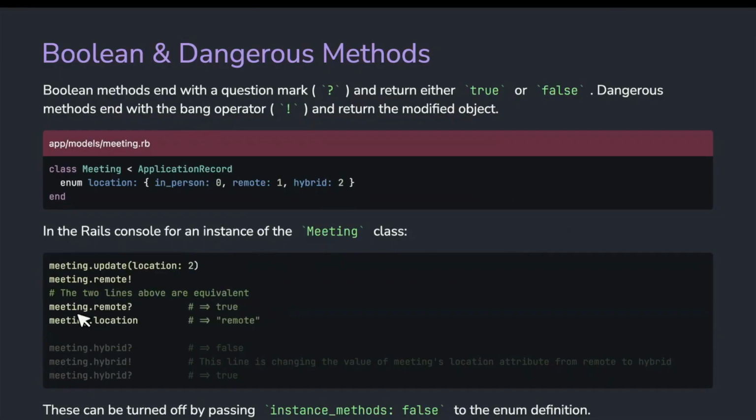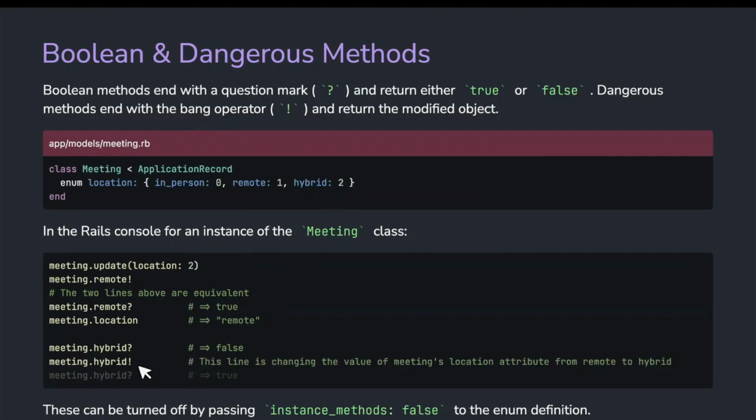So if you call meeting.remote with the question mark, it'll return true, and meeting.location will return remote. So now if you call meeting.hybrid with the question mark, it's going to return false because we know our meeting.location is set to remote currently.